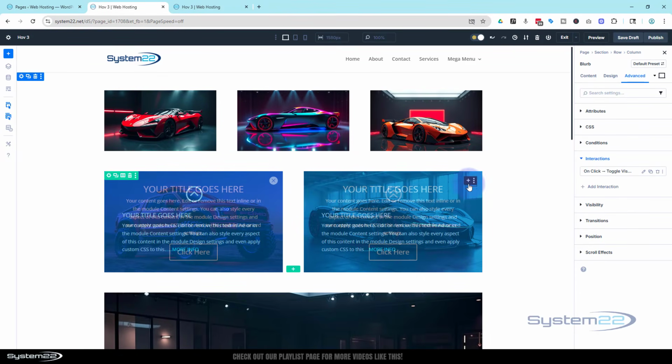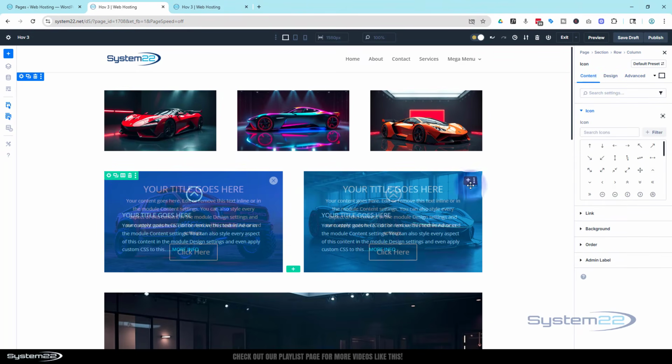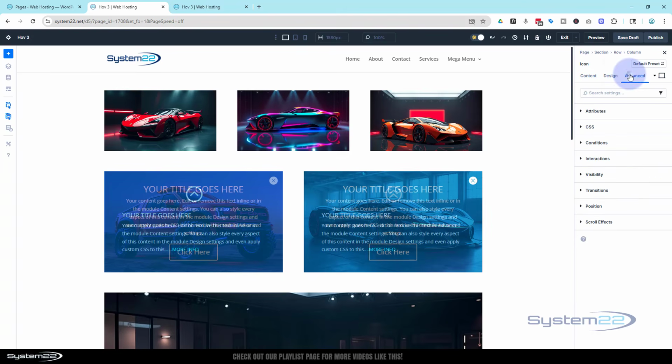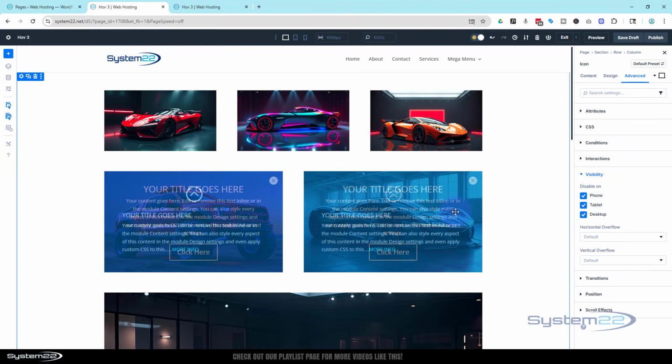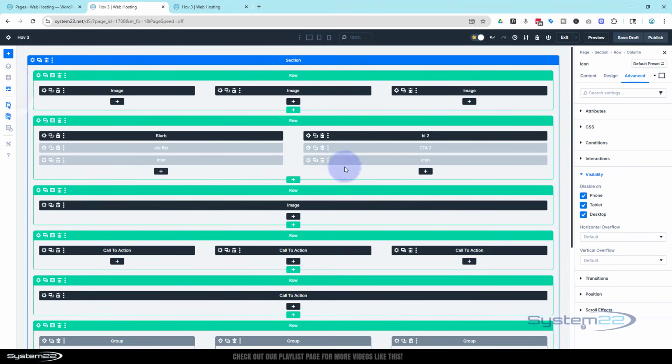Now initially I don't want to see this little icon, so we really need to make that invisible too. If I click on my icon and just get to it there, we'll do the same thing. I'm going to go over to visibility and make sure it's invisible on all devices initially when the page loads. Great. So when we click on our little blurb module, we also need to make that icon invisible. So if we go back now to our blurb module